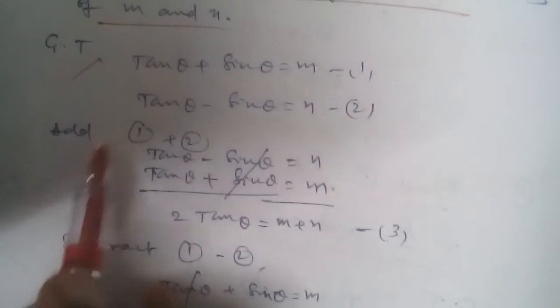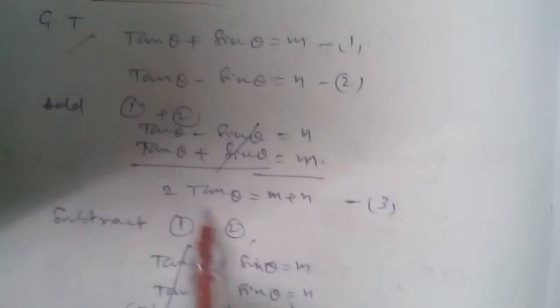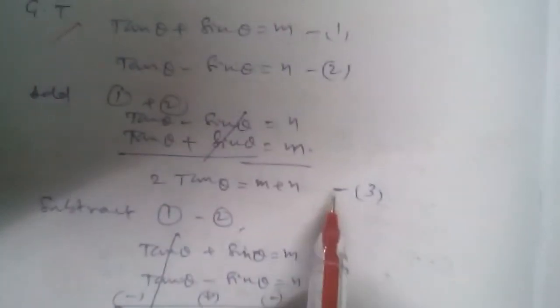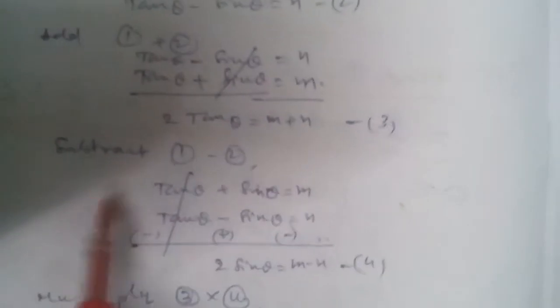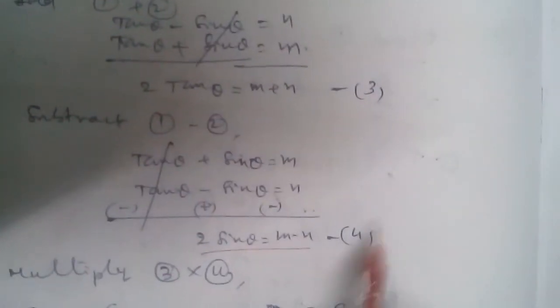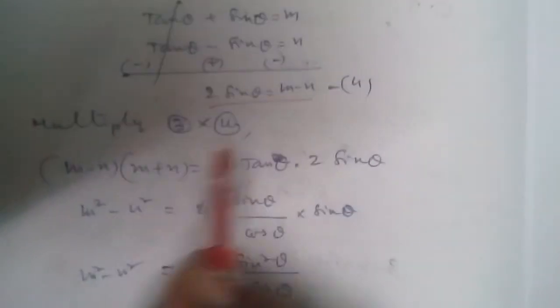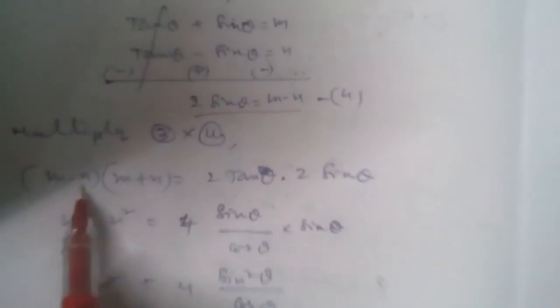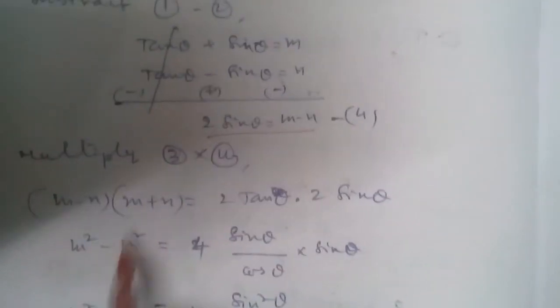Given values: tan theta plus sin theta is equal to m, tan theta minus sin theta is equal to n. Adding 1 and 2, we get 2 tan theta is equal to m plus n, equation 3. Subtracting 1 and 2, we get 2 sin theta is equal to m minus n, equation 4. Now multiplying 3 and 4, so this is a minus b, this is a plus b,